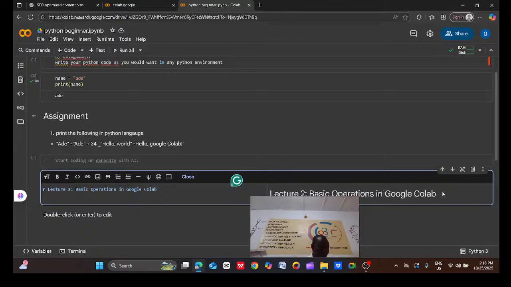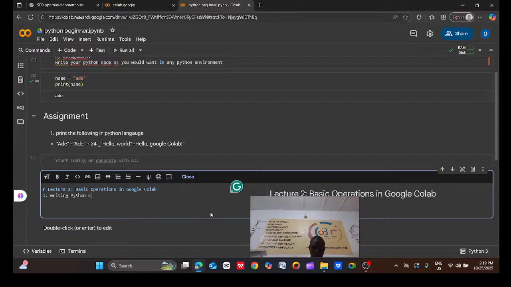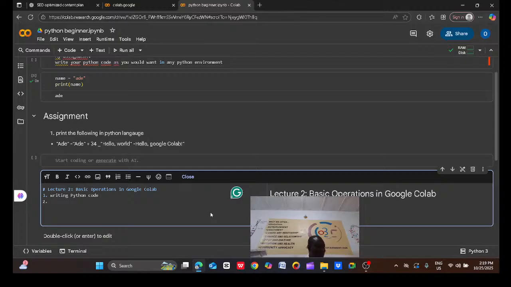Now, the first task we are going to look at under the basic operation, number 1, is writing Python code. So you can see we are already moving into the business. After that, we are going to talk about installing libraries.